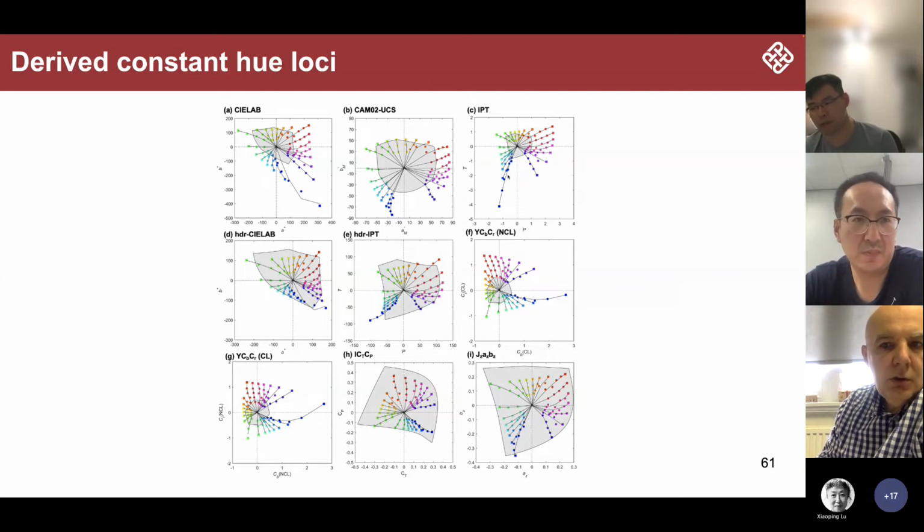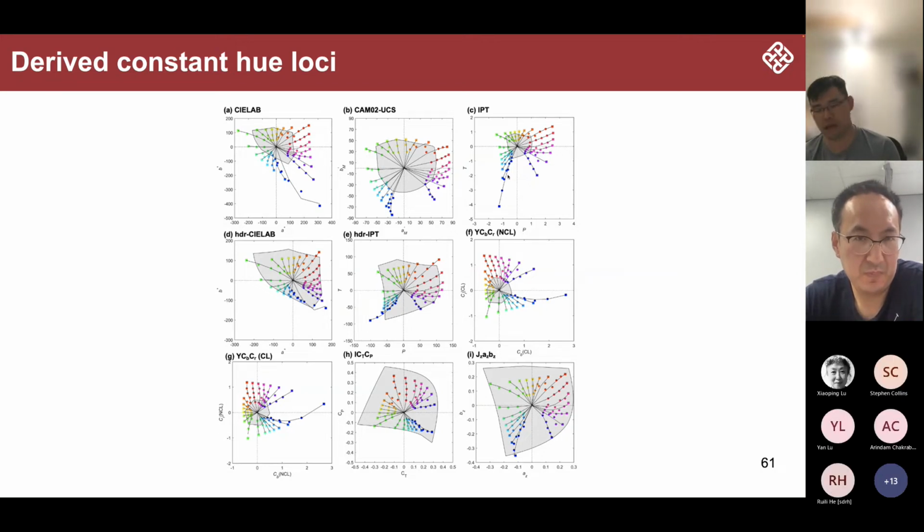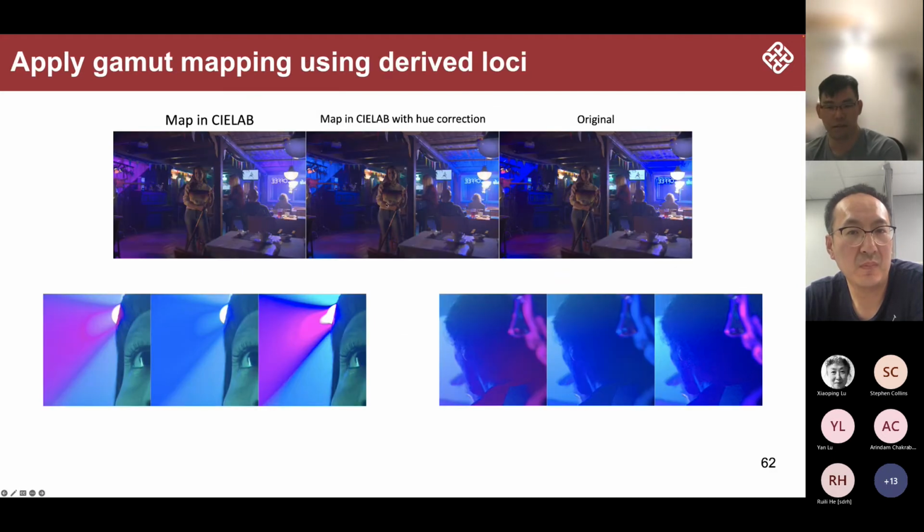Okay, thank you. In practice we still use CIELAB pretty often, because it's pretty simple. But we actually developed these curves, or these constant hue loci, and we can apply some lookup table at the end. So we make the map in the CIE area, and then we just apply the lookup table at the end, and we can have pretty good performance here.